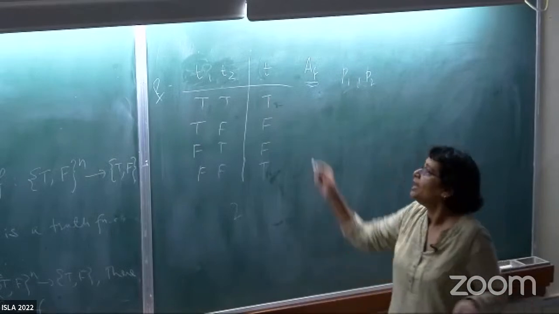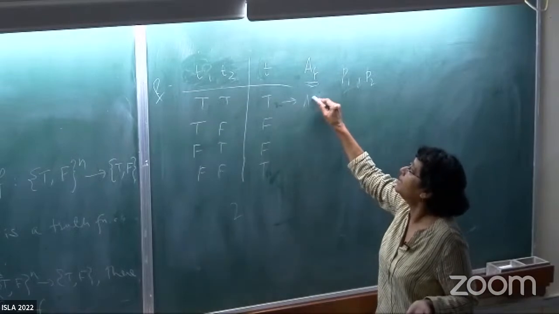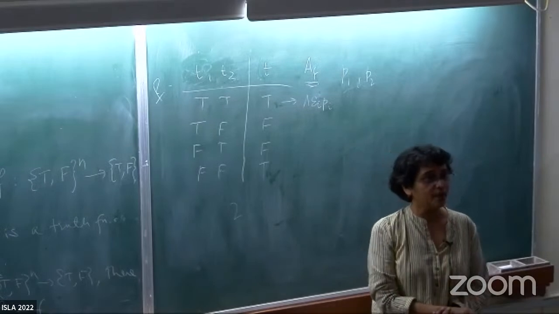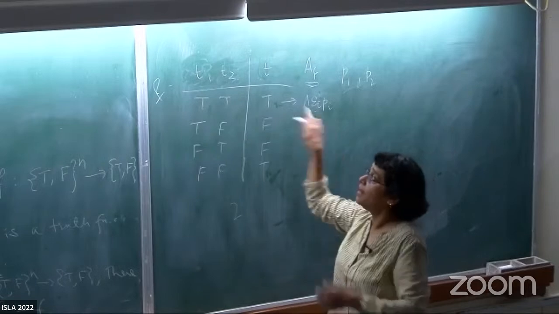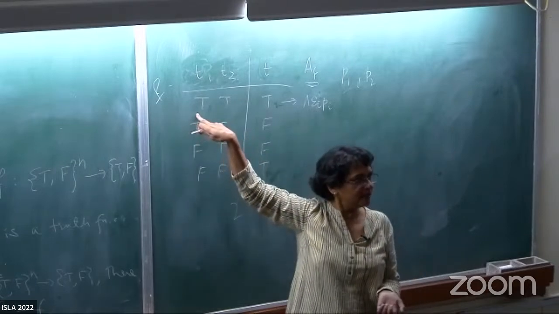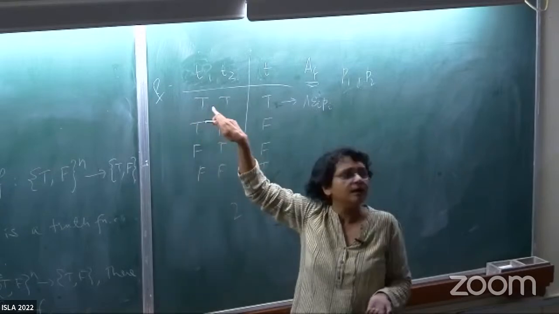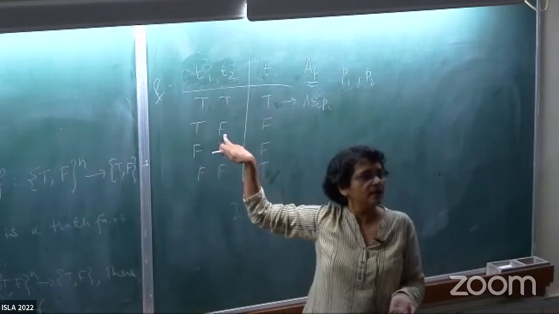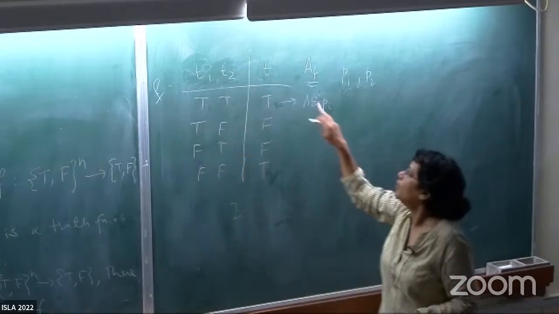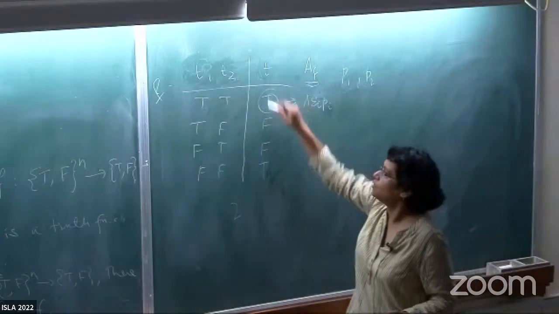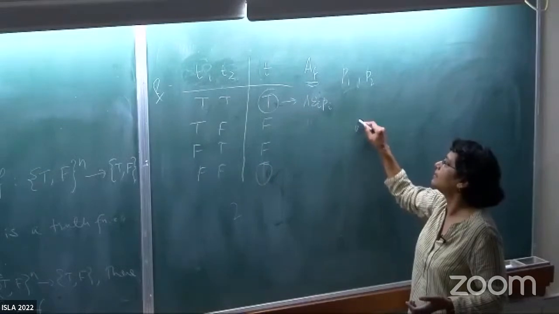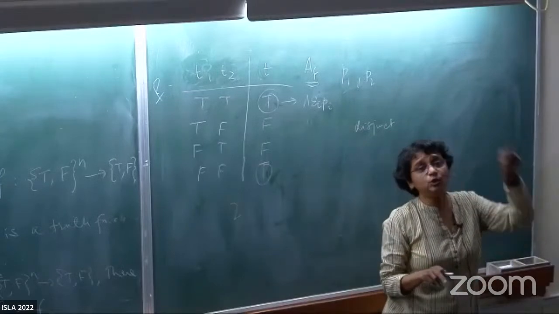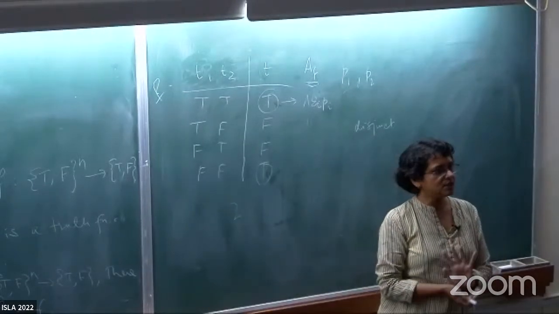Very simple algorithm. For each of the rows, I build the conjunct epsilon I pi for each row. What does that mean? How will the epsilon I come? It will just be dictated by the entry there. So epsilon 1 P1 would be 1 P1. This would be 1 P2. This is 1 P1. This is 0 P2, and so on, right? So for each of the rows, you do that. Select the true rows and do a final disjunct of the conjuncts corresponding to only the true rows. You got the construction of AF.